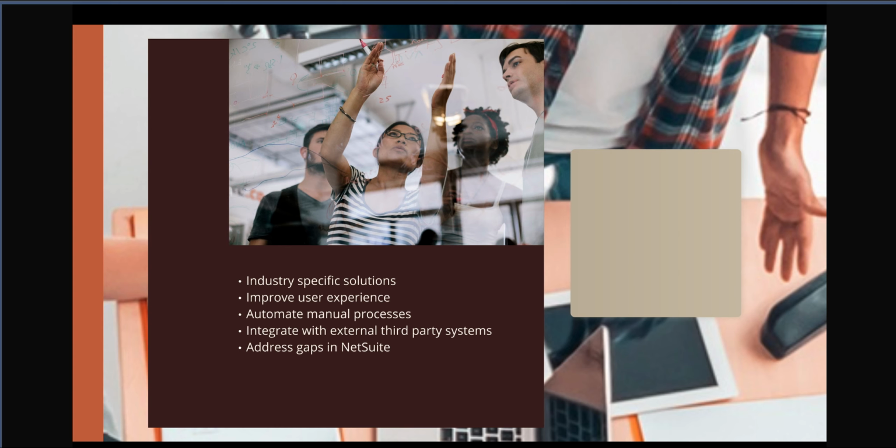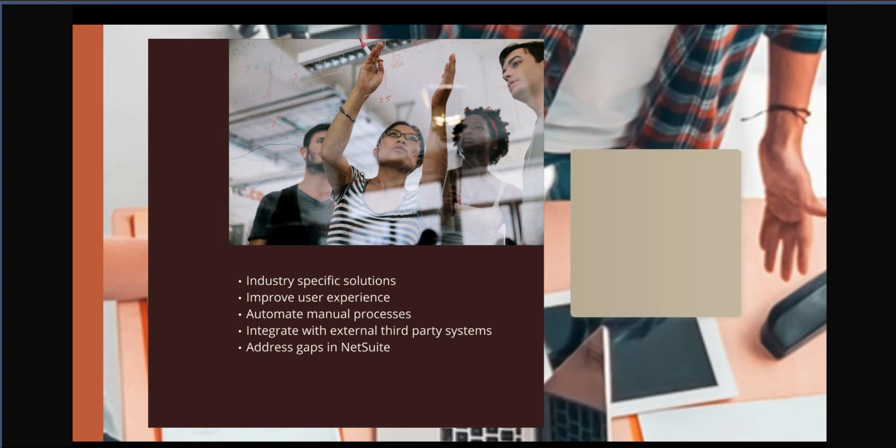However, if you notice keenly, the underlying reason that is common behind all these ideas is trying to address a gap in the functionality offered by NetSuite. So all the suite apps probably do the same thing. In some way, they're all trying to address a gap in NetSuite, and that should probably be the first step for any new